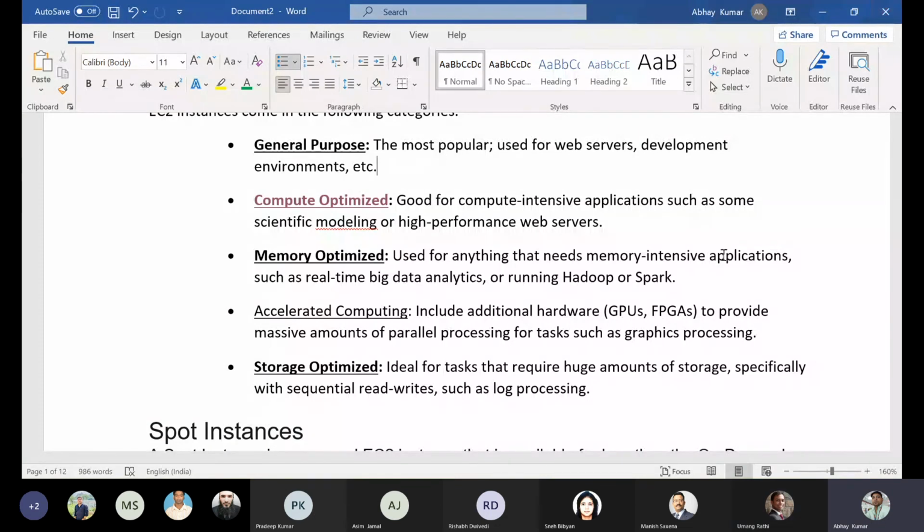Yes, Abhay. Yeah, so today I've completed from my side VPC, subnet, route, internet gateway, NAT gateway, IAM role, all the things today I covered with the practical and also theory on the EC2 instance types. If anyone has a question or doubt, let me know.